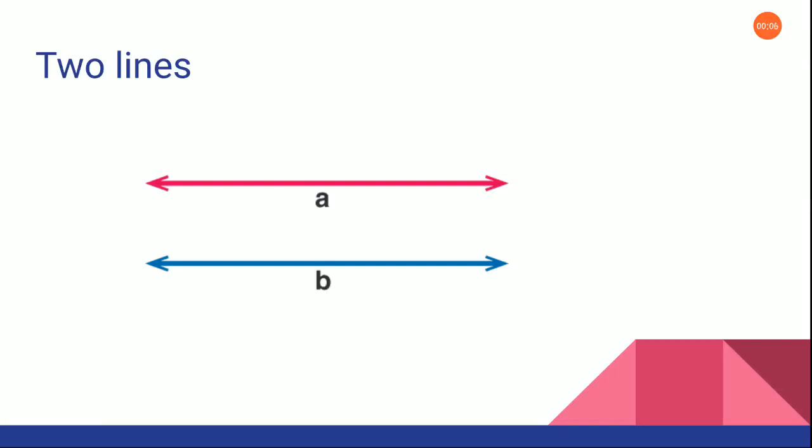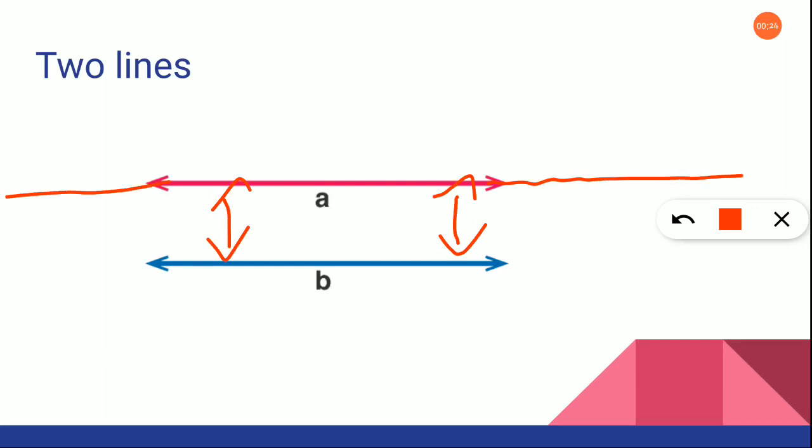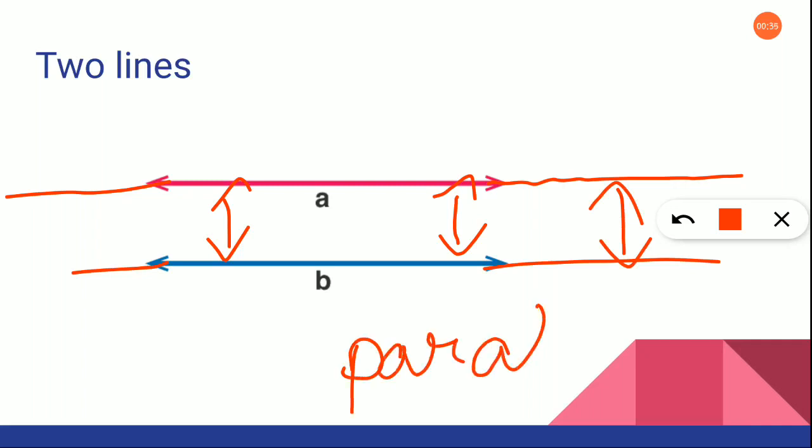The next concept is drawing two lines. Okay, I already told you a line does not have a starting and ending point. Okay, same way here is a line, and below that you are drawing another line, and both the lines are having the same distance. Okay, and if this line keeps on moving like this in both the directions, with the same distance in between, we can call it a parallel line. Okay, so when two lines are moving with the same distance between them, we can call it a parallel line. Clear, children?